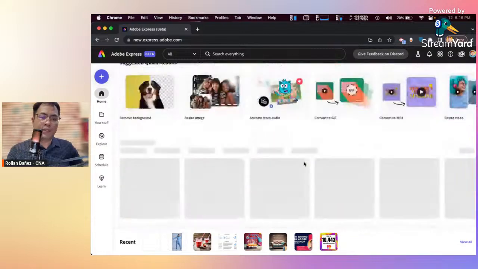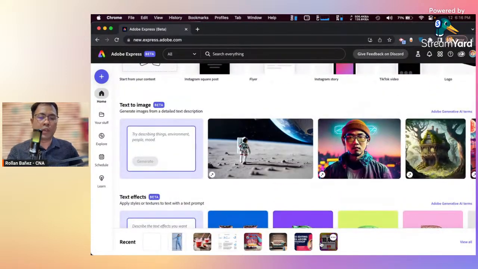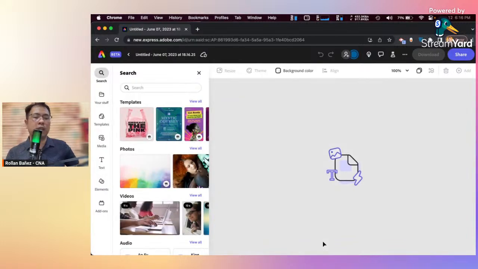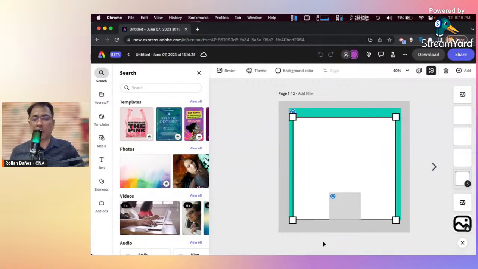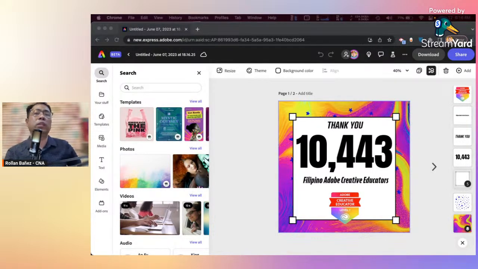And I have some projects that I've been working on. For example, recently we just celebrated the recent number of Filipino Adobe Creative Educator level ones in our campaign. So medyo marami na tayo, nasa 10,443 na po yung ating members o mga nakapasok na sa ACE level 1,